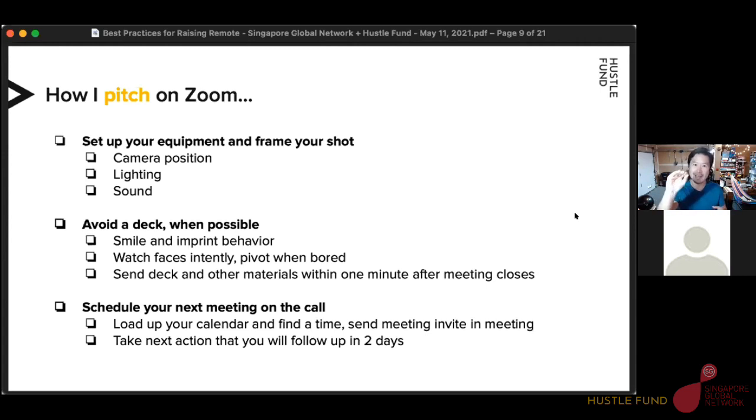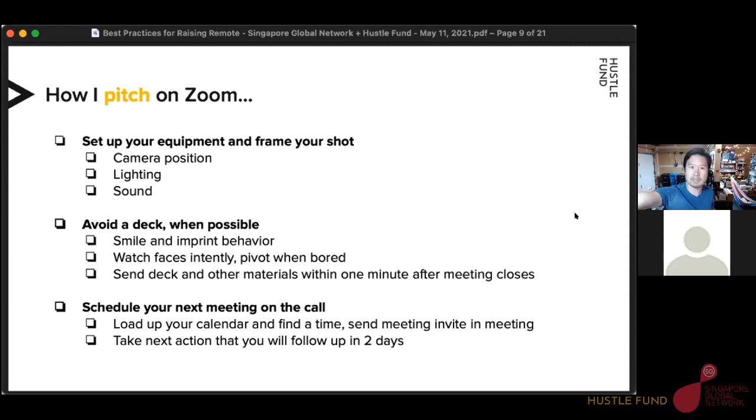Looking up slightly higher than where I am. My Zoom video, I'm looking at myself right now, is oriented so it looks like I'm basically making eye contact with the camera. So that's the right kind of camera position. I have this nice little ViewSonic monitor that goes up and down, so I can make sure that if I'm standing or sitting on my stool, it's always at the right level. I always like to stand though, it gives me more energy.